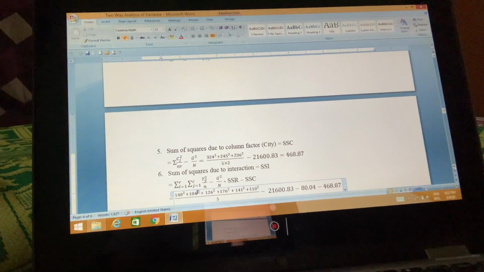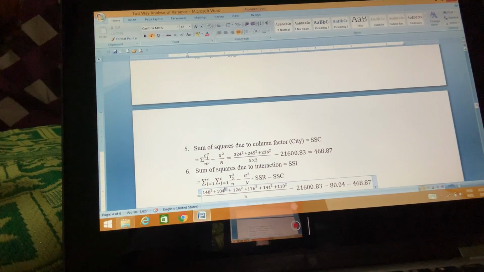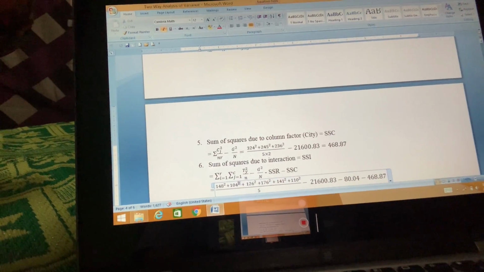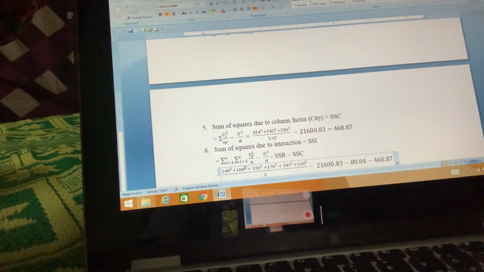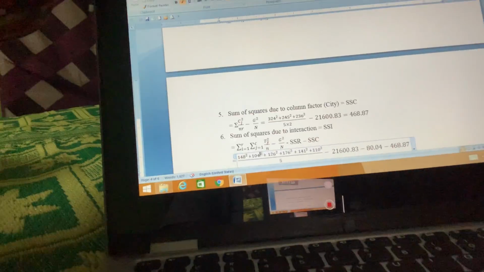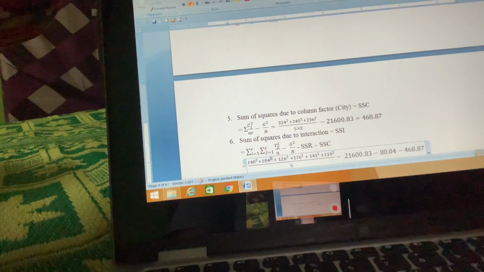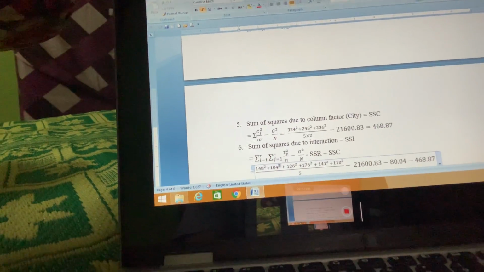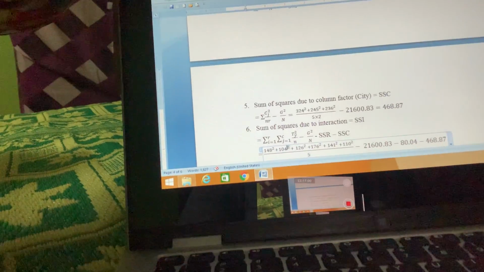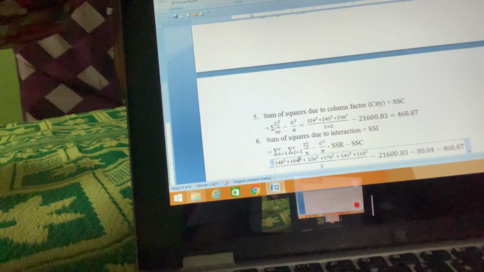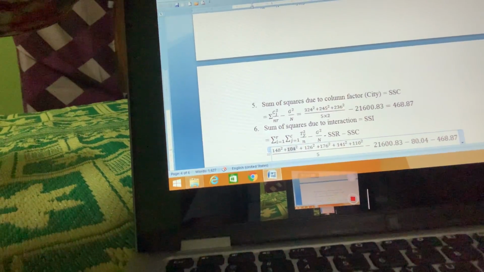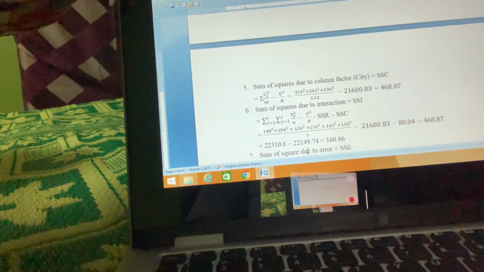Now 3 columns means you have to get the total of the 3 columns divided by NR. There were 2 rows, and in each and every row you have 5 subjects. So 5 into 2, right? Minus CF. This is SSC. Then you need to find out SSI. You had all total